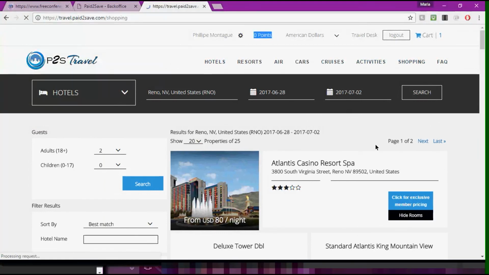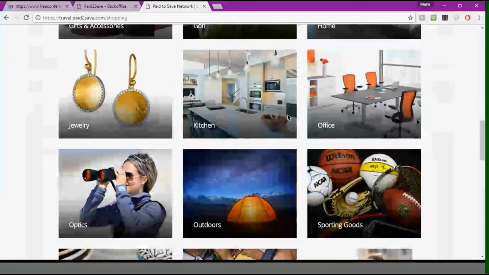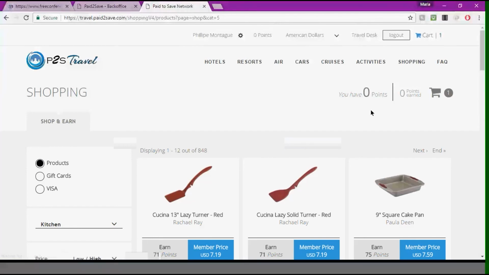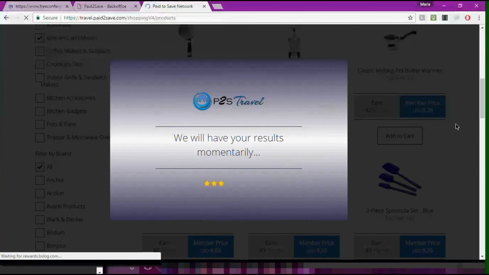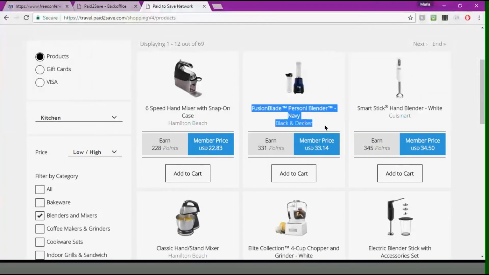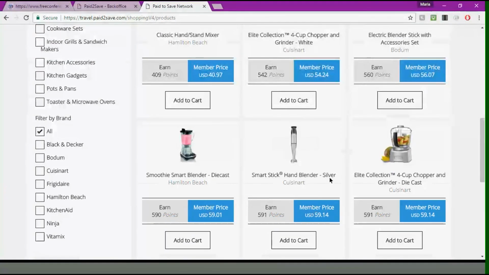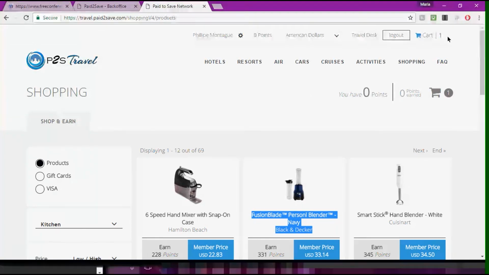just by shopping for everyday items that you normally would have already shopped for, but now you can take advantage of everything that's back here. And there's so many great things back here, all the way from little spatulas to blenders and mixers, and they're at very, very good prices. You're looking at a Black & Decker personal blender, $33, so it earns you 331 points. So it's kind of neat to have that, and you can save it, and maybe you have your buy down on a great vacation that you take for nothing, pennies on the dollar we're talking,